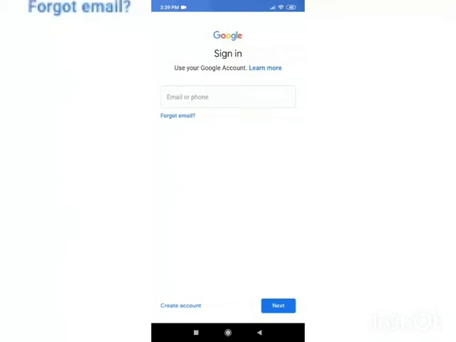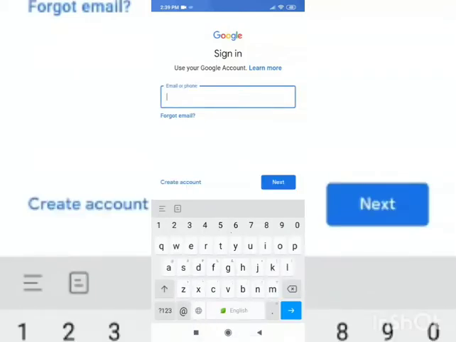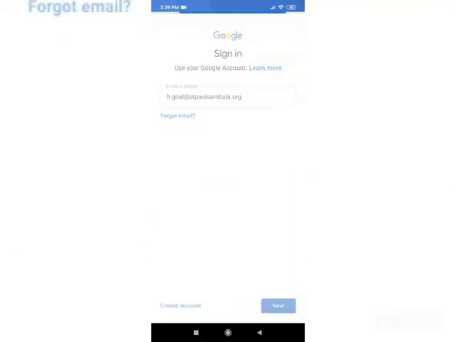Now it will redirect to the Google Gmail sign up page. Now you have to enter your ID. Suppose I am taking an example of h.goel@stpaulsambala.org. Okay, click next.